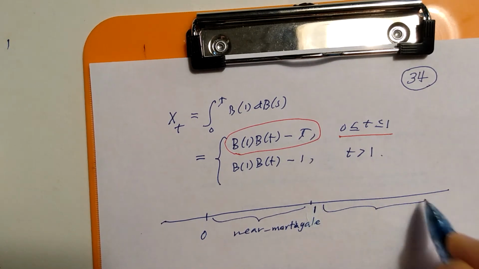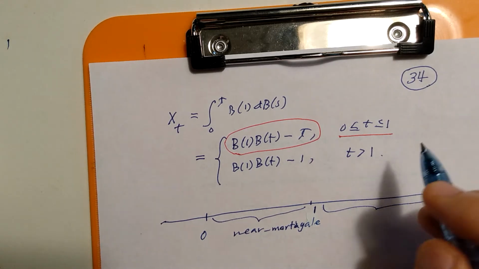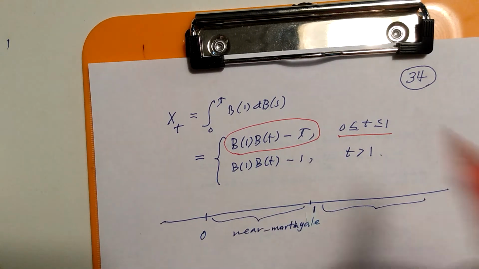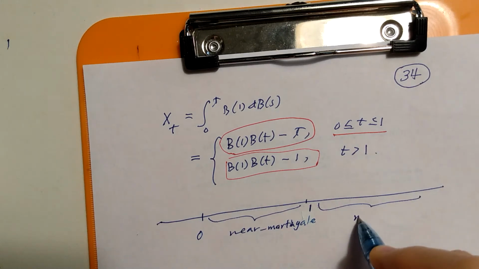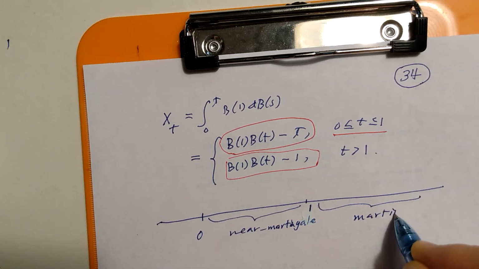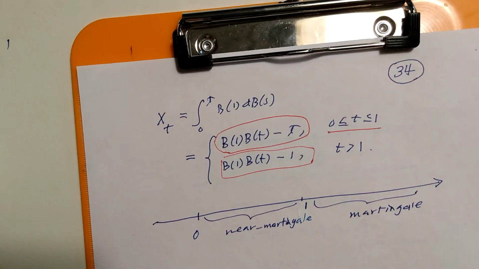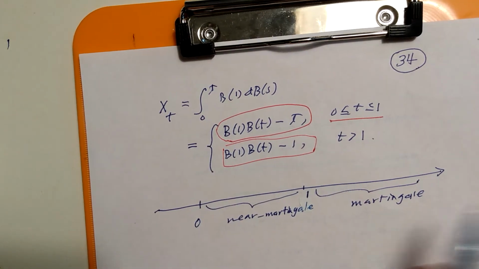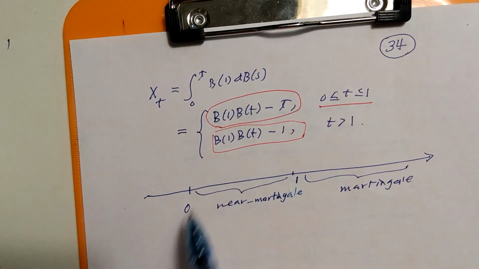Now, how about when t is greater than 1? When t is greater than 1, it's very easy to see that this is a martingale. So you see the effect of this B1 in the integrand. When B1 has effect, namely when t is between 0 and 1,